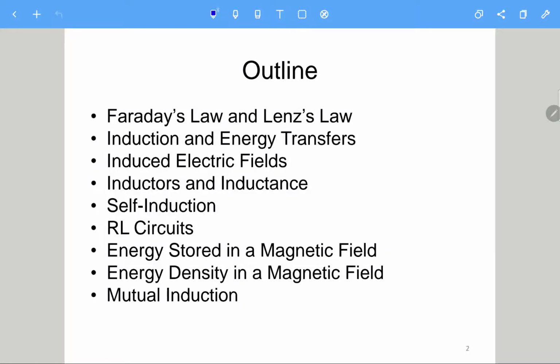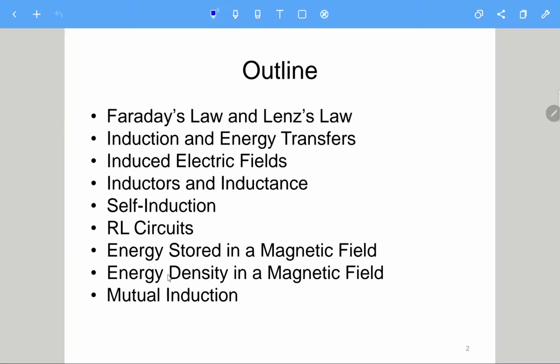We will talk about Faraday's law, which is the third law in the Maxwell equations. And of course, we'll also talk about Lenz's law. Lenz's law is only the negative sign in Faraday's law. Then we will talk about the inductor, inductance, and the